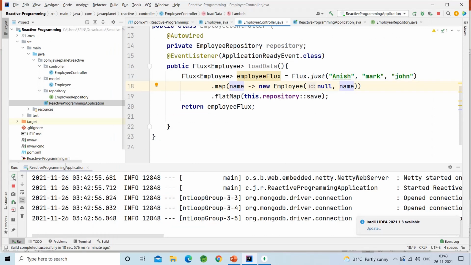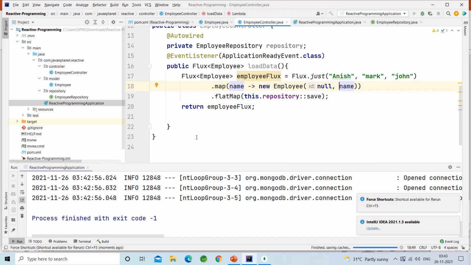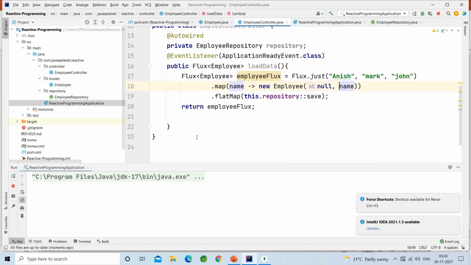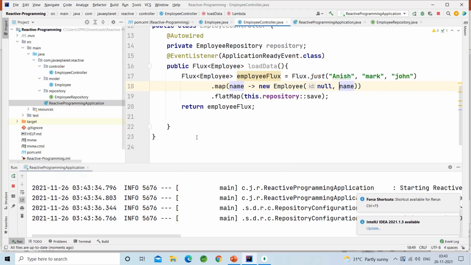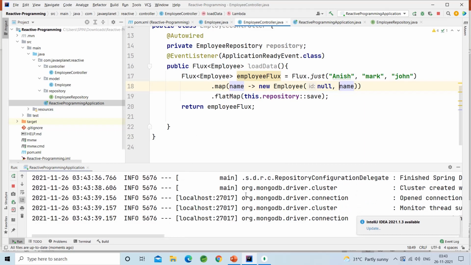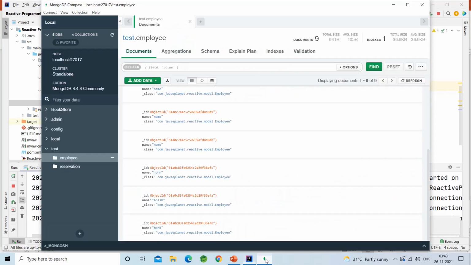Let me run it once again. Rerun, Control F5. See here, the application has started, and let me check the database once more.